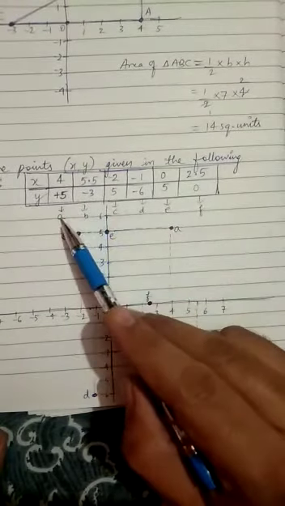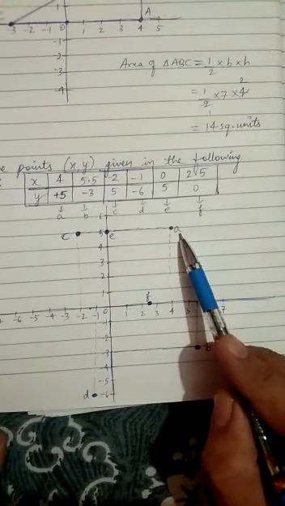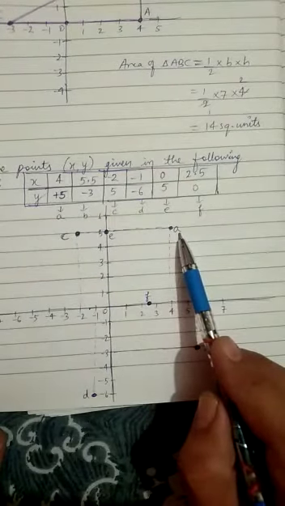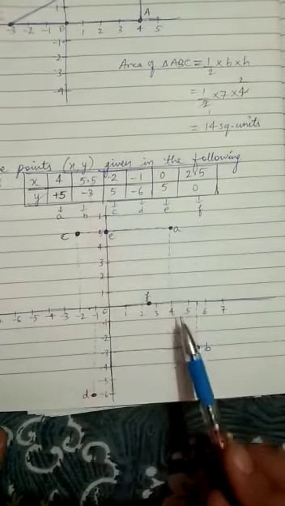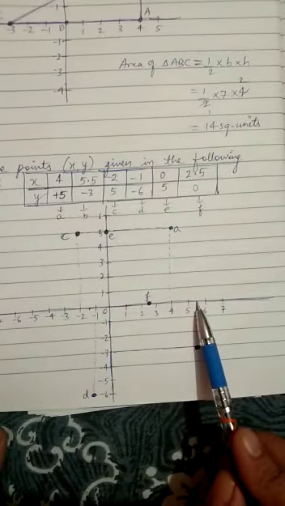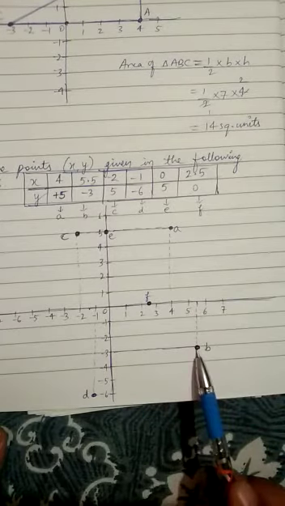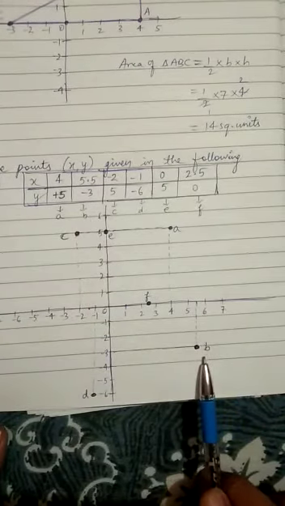Let these points be small a. So in place of this marked point, we will write small a, because we have let these points be small a. So at this point we will write small a just close to this point. Another coordinates are (5.5, -3): x is 5.5, between 5 and 6, and y is -3, downward below the x-axis. This is the marked point (5.5, -3). Suppose this point is B, so we will write B just near this point.